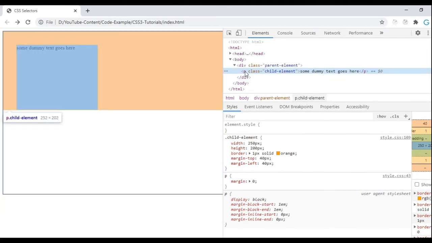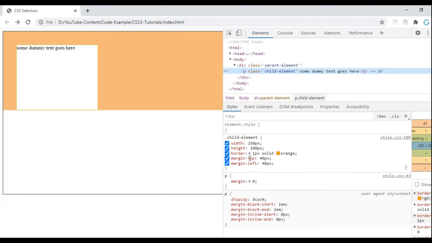Here I am selecting my element. Then you can see the margin top is 40 pixel and margin left 40 pixel. This orange border you can see.